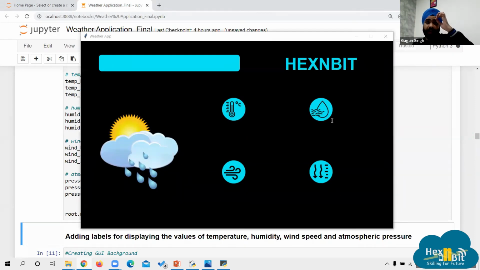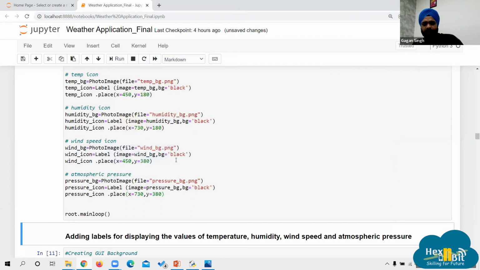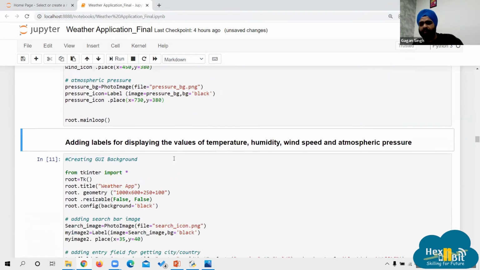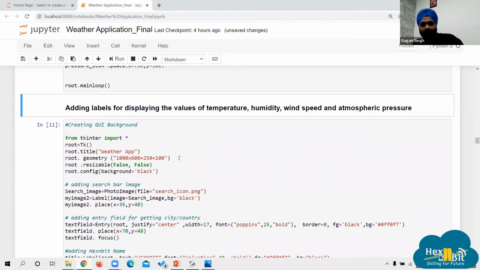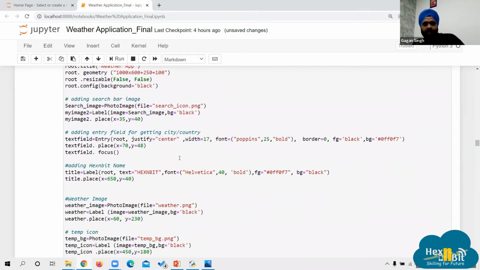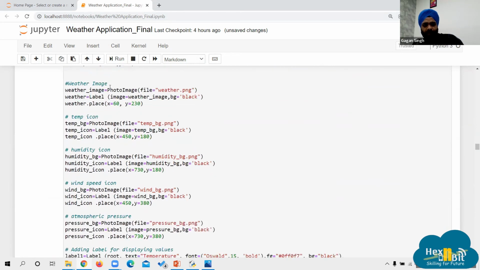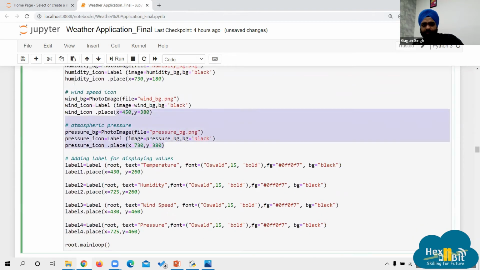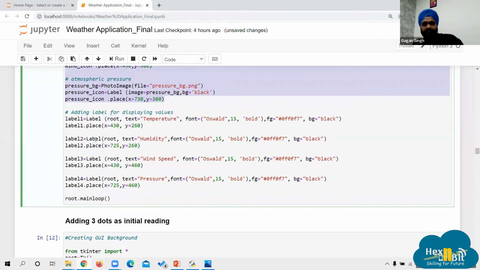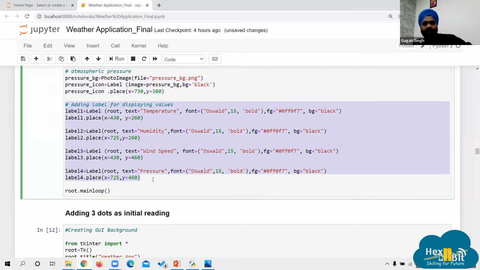Now our basic GUI is ready. I can write anything here, but I cannot search. I don't have a search option yet. I can write down anything. Right, our basic outlook is ready. Now what we are going to do is give names to those icons, that is, what those values will be representing. So for that, the code will remain the same till this point. After this, this is the new code that we are adding to it.